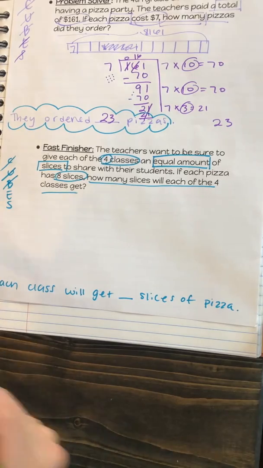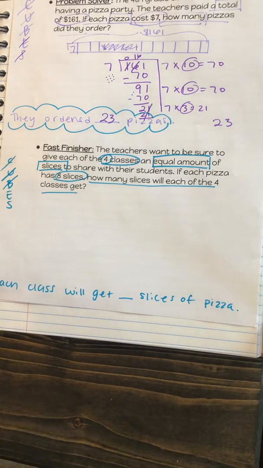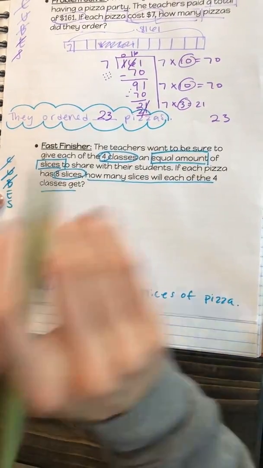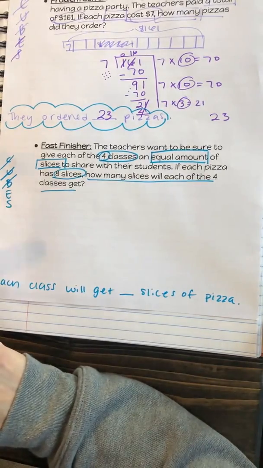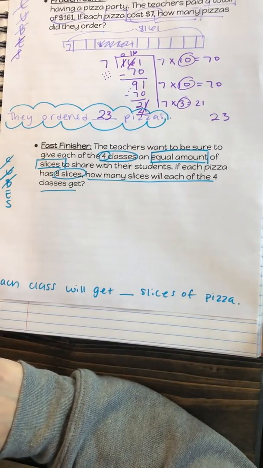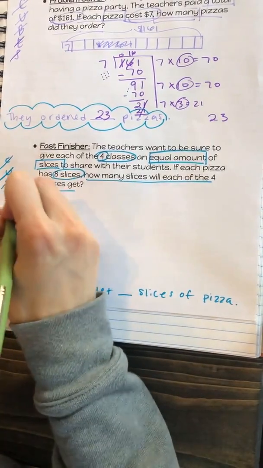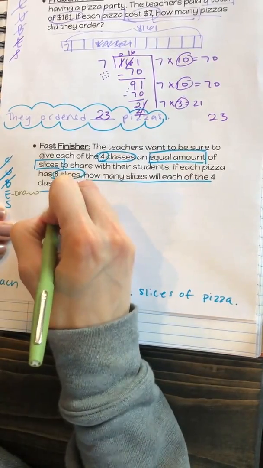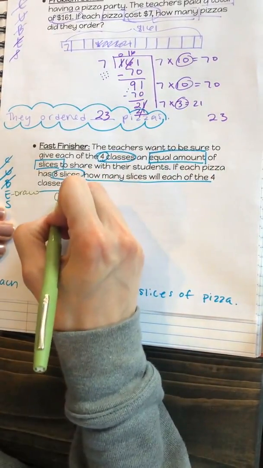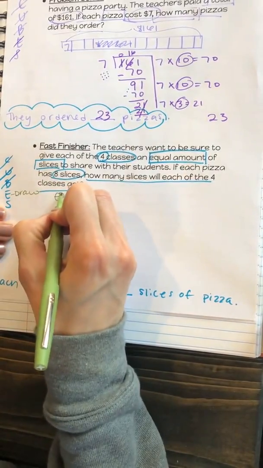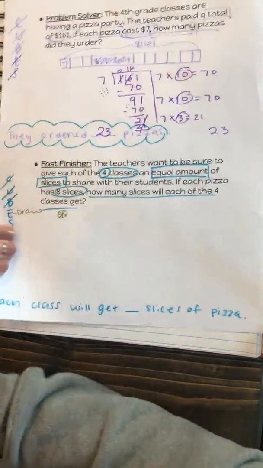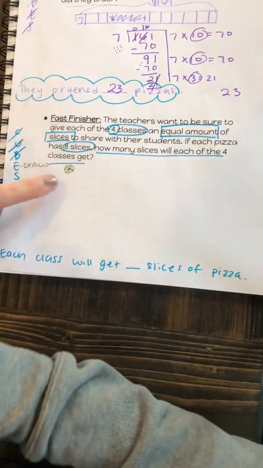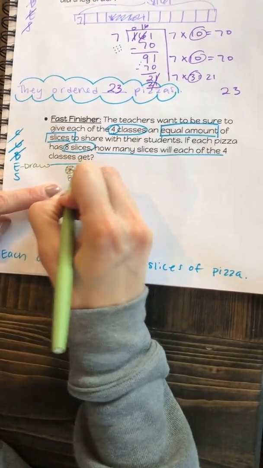All right, so now evaluate and draw our E, okay? So there are 4 classes and there's 23 pizzas and each pizza has 8 slices. So I'm gonna really focus on the evaluate and draw part here, okay? So we have 23 pizzas. For each pizza, imagine that you're slicing it up into 8 slices, okay? So what I really just did there is I took this one pizza that really could have represented 1 before, and now it represents 8. This pizza has 8